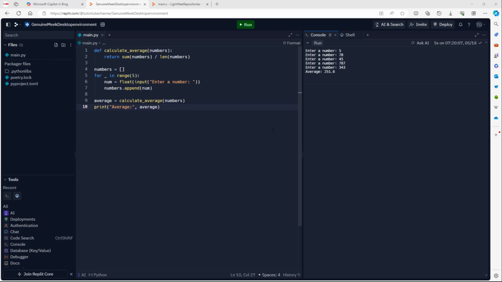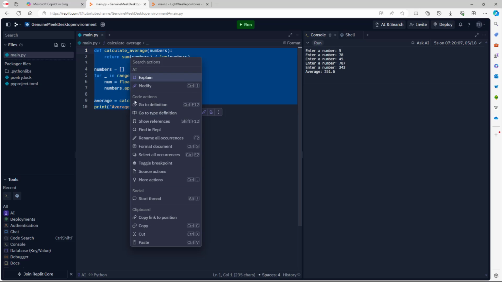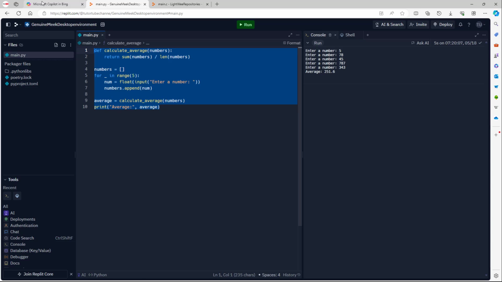So here I have a programming code in Python which takes up 5 numbers and takes out their average. That is, it gives out the average as the result. So let's say what I want to do is convert this particular code into a C programming code. In that case, I can simply copy this code right here and go to